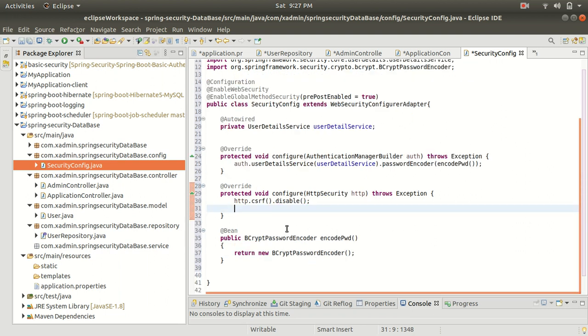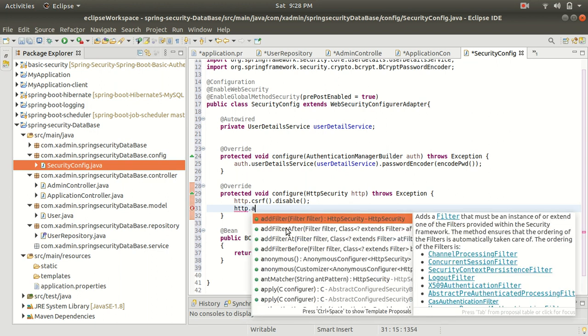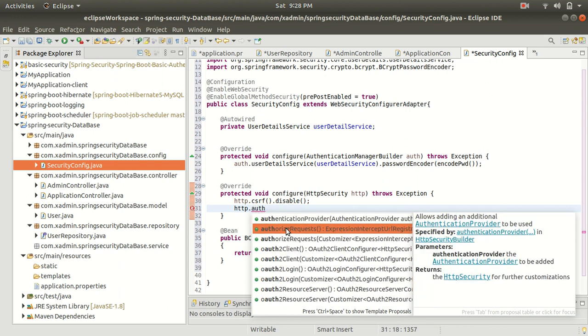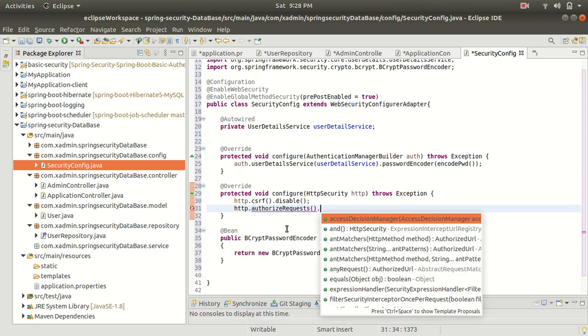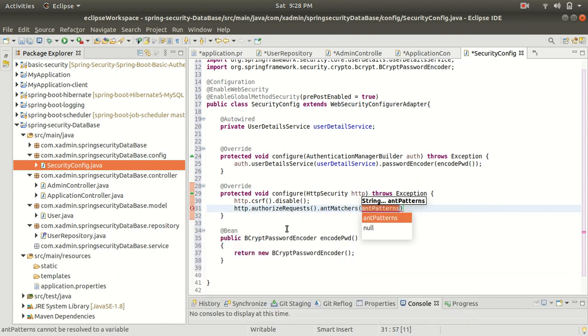And now guys, I am going to add Spring security to the particular URL type. So http dot authorizeRequests, alright, dot antMatchers. So guys, here I am using the antMatchers, and here I have to pass the URL type. Like I want the URL starting with REST.